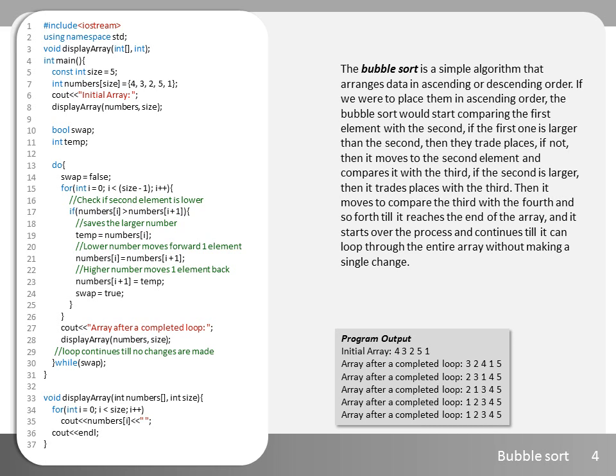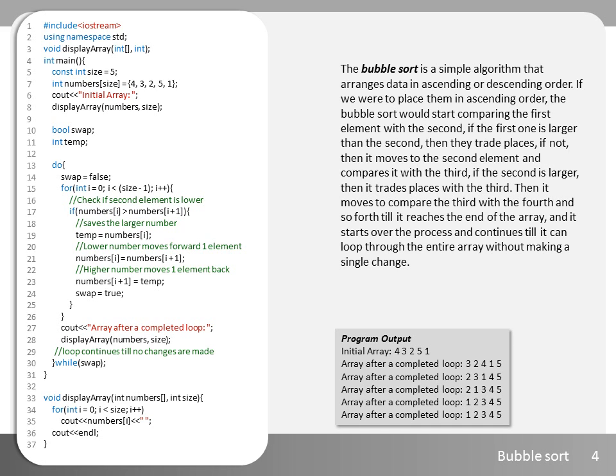If we were to place them in ascending order, the bubble sort would start comparing the first element with the second. If the first one is larger than the second, then they trade places. If not, then it moves to the second element and compares it with the third. If the second is larger, then it trades places with the third. Then it moves to compare the third with the fourth, and so forth,